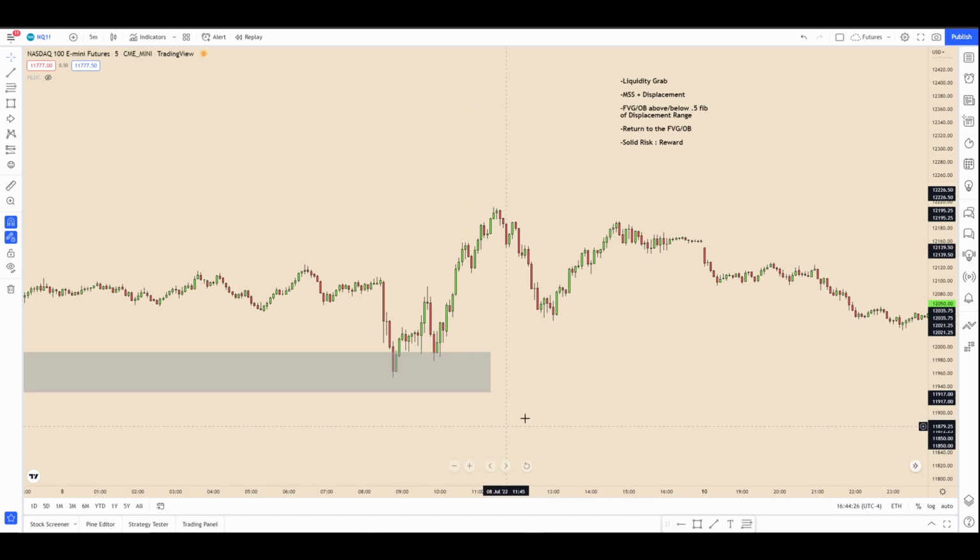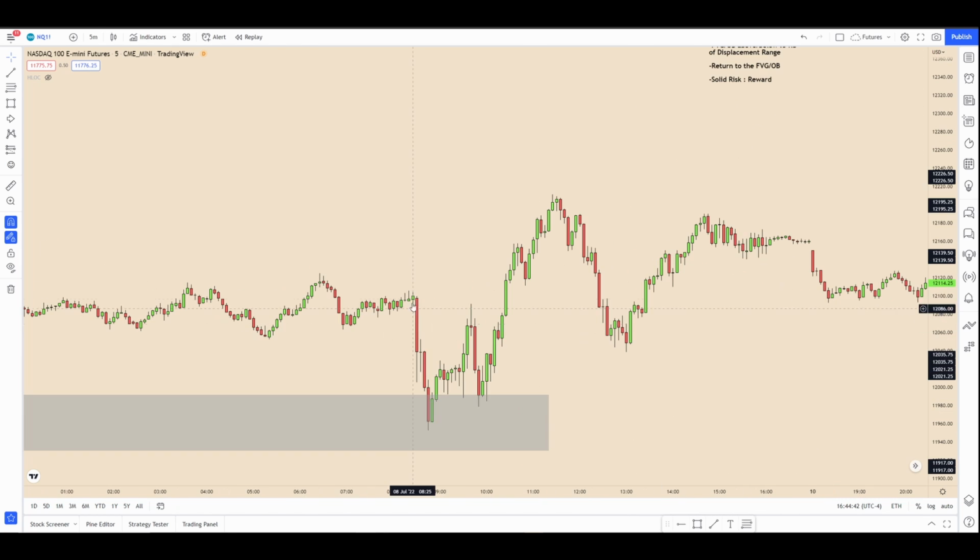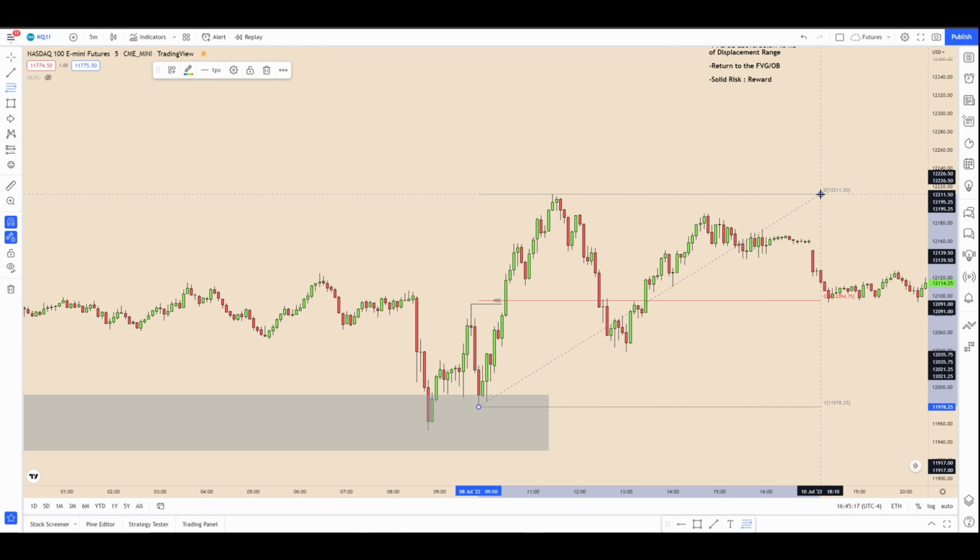So if you look right here, zoom in on the 5 minute here. To break structure, we'd have to go up to here unless we put in a short-term high, which we do right here, or this one. We break this, but there's no real fair value gap set up. So look to this one. We get our market structure shift right here. This is our displacement range. Mark it out with your fib, right, from the low to high.